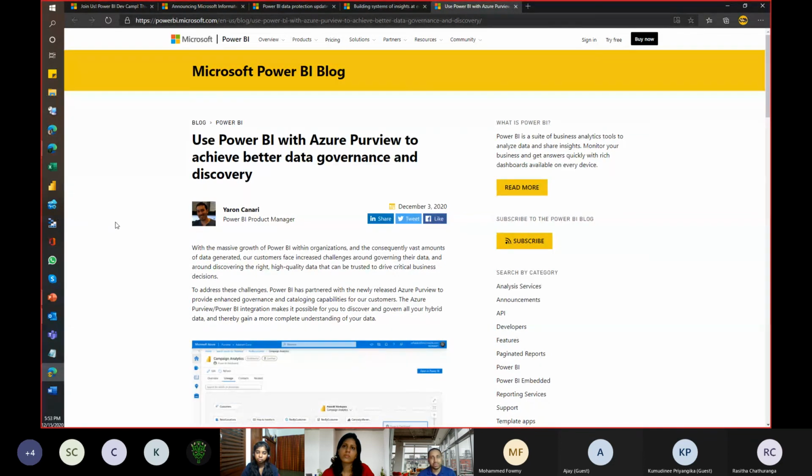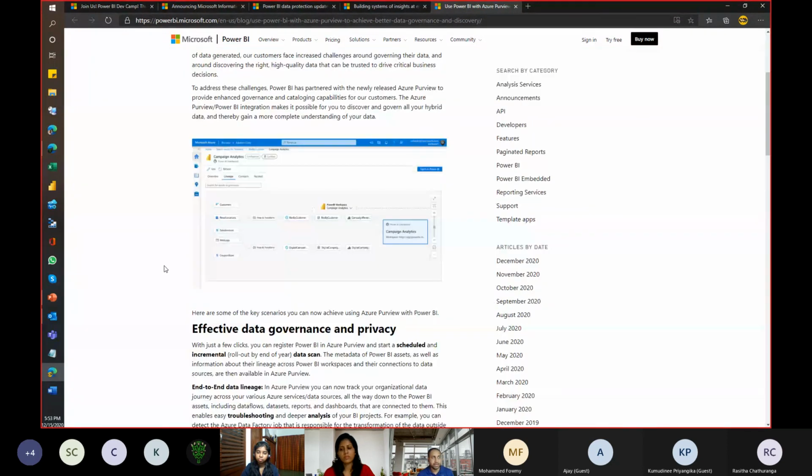So this is their next generation data cataloging system. Their first generation of data catalog on Azure wasn't that great. It was just very limited in functionality. So this one has a lot of functionality built in, plus it has governance also built into it. And again, Power BI is tightly integrated with this. An example of what you can see on the screen, and once I share the link, is